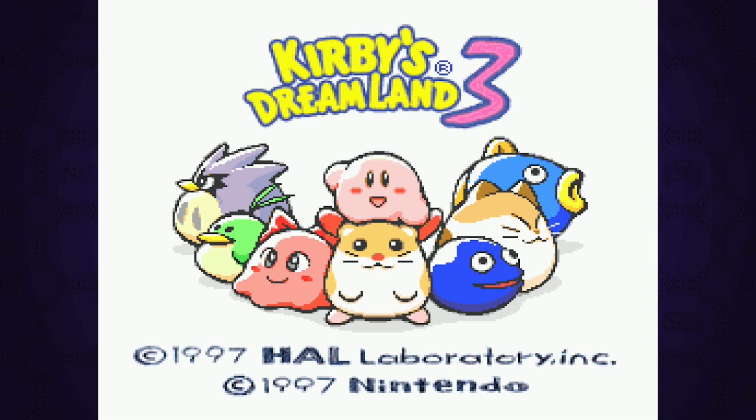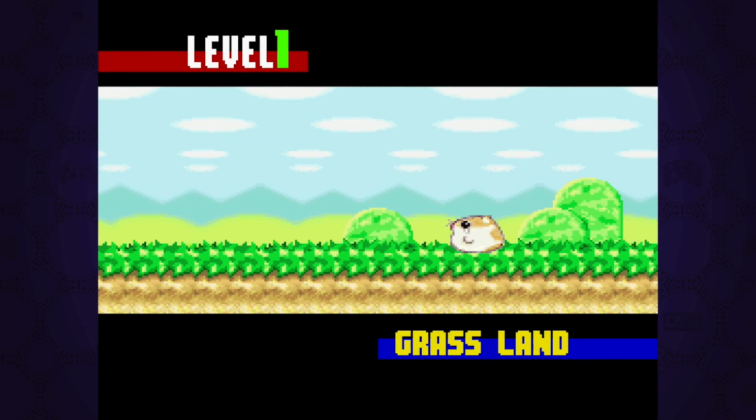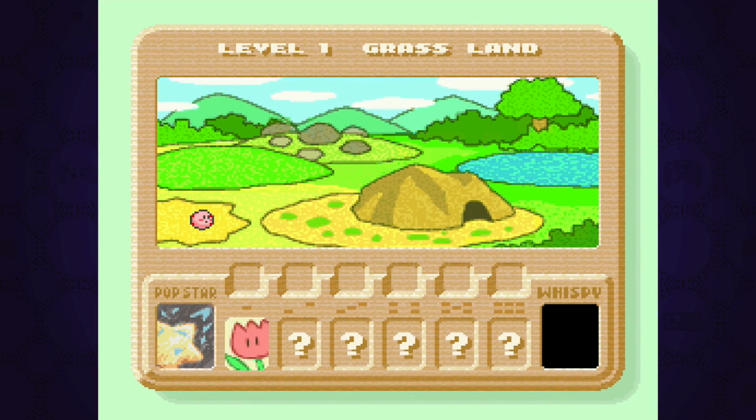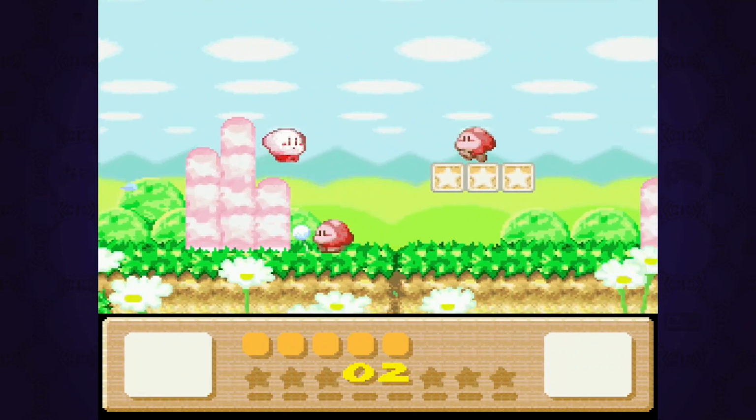Kirby's Dreamland 3, literally the cutest Kirby game that's ever existed. Now, if you've played any of the Kirby games, this isn't really anything out of the ordinary. What it is, though, is an extremely charming, solid, stress-free game that is a prime example of how enjoyable the Kirby series can be. It's a lot like the other Dreamland games or something like Kirby's Adventure, only this time,